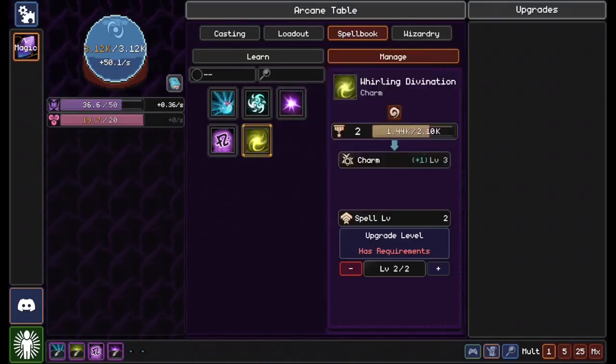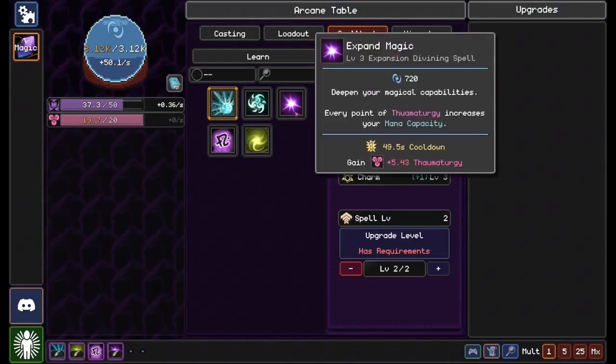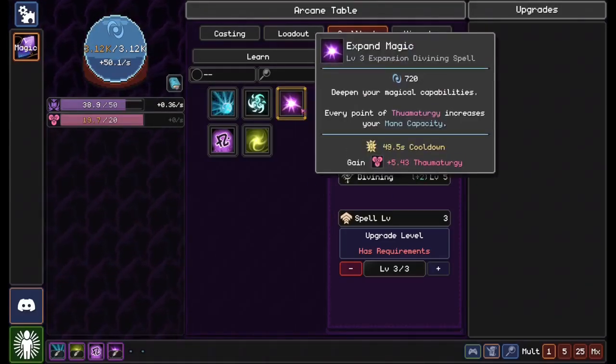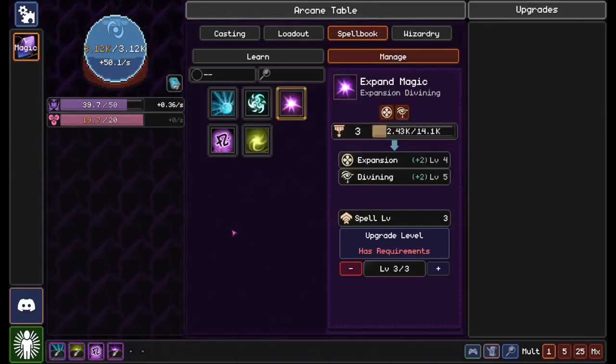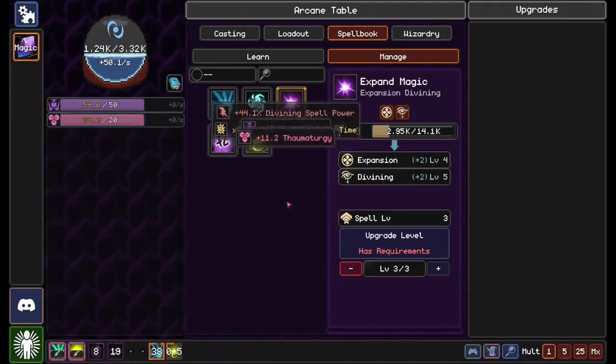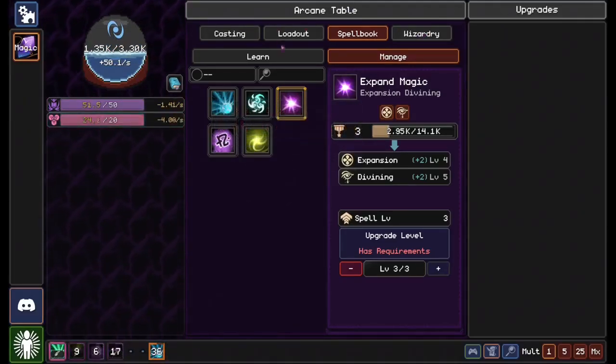So this is a charm, that's not going to do anything. This is expansion and charm, that doesn't do anything. These are my divining spells. So I need to expand magic, gather knowledge, which is what I've been doing. I just need to do it a little bit more. But anyways,